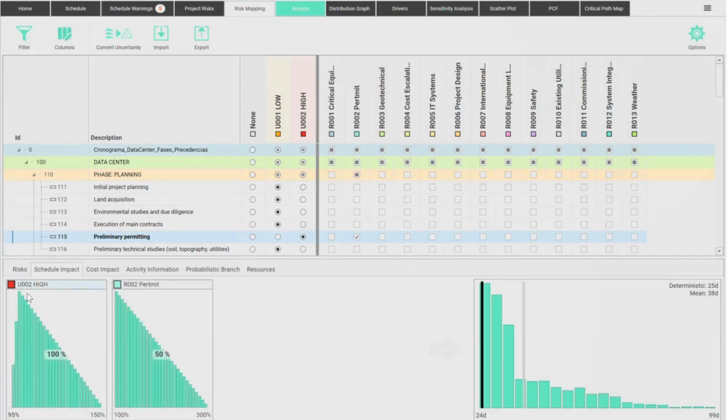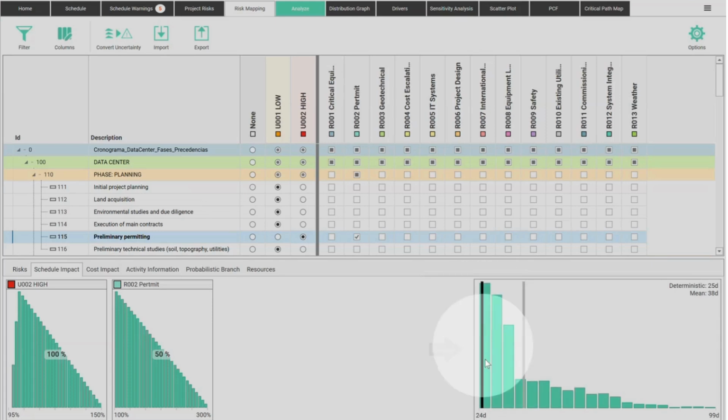permit problems. So not only does it vary a lot, but sometimes you have to apply for more permits or have to rework the permits 2 or 3 times. So these are the 2 risks that this specific task faces, variability, and there's one here called permit. And this is what the final duration of the task will look like.